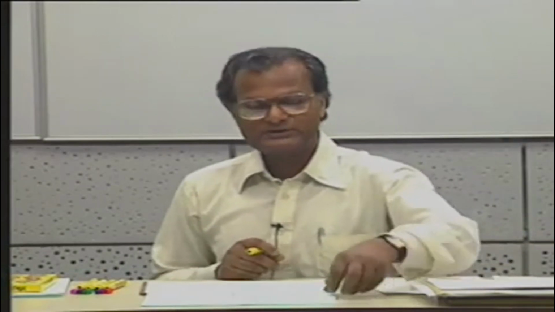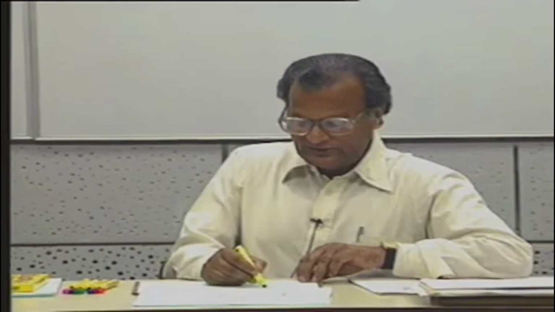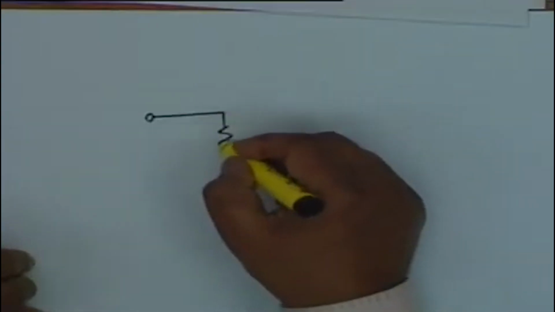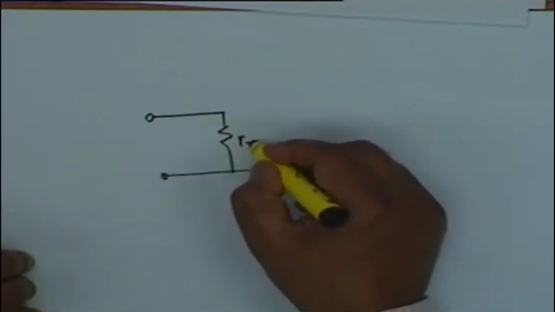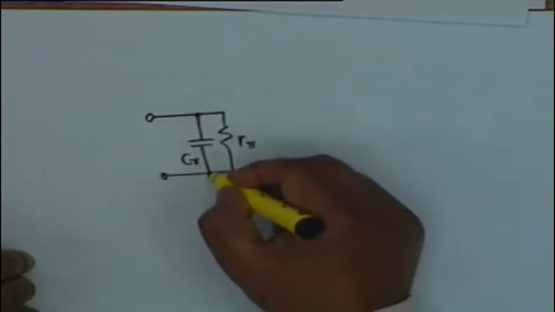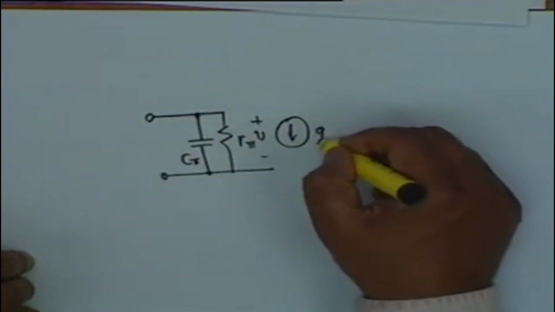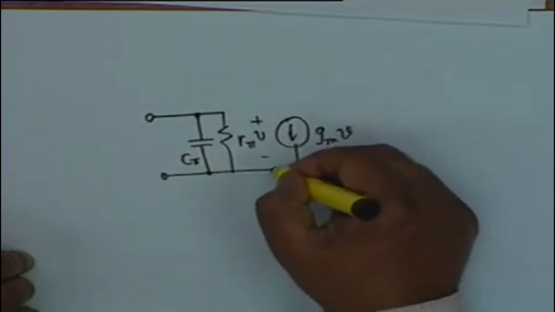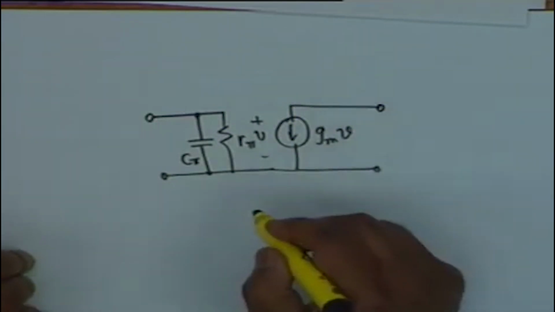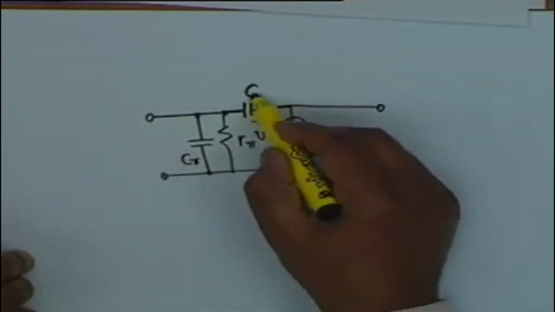For the purpose of this course and for the rest of the lectures, we shall be satisfied with a simplified model. We shall ignore Rx, and therefore what we will have is an R pi in parallel with a C pi, and this voltage is V. Then we shall have a current generator gmV, and very unfortunately, this capacitor C mu